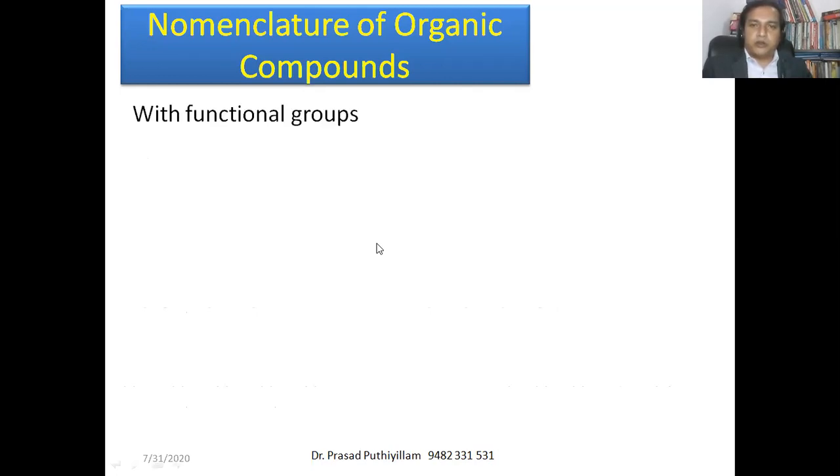Now we'll move on to ketones. If there is a C double bond O and the carbon is connected to two other carbon atoms only, then it becomes a ketone group. If that carbon is connected to hydrogen, it becomes an aldehyde. Therefore, this is the ketone functional group, and it is propanone. Here we don't need to mention the second carbon atom, because obviously the double bond with oxygen comes at the second carbon. If it is at the first carbon atom, then it becomes an aldehyde. By default, we write this structure only.